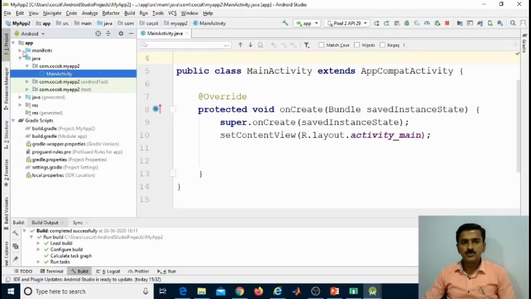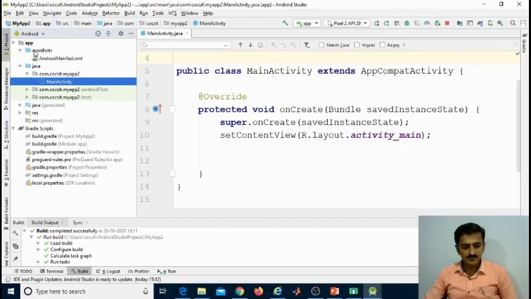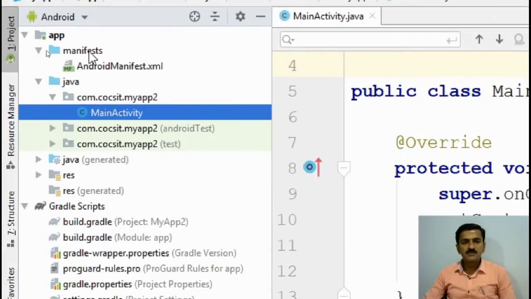In the project window, the first folder is manifest, and inside the manifest folder there is the AndroidManifest.xml file, which is one of the important files of your application. This file is used to control your application. Then the next folder is Java. Inside the Java there is the folder called com.foxy.myapp, which is the name of your package that you specified while creating the application.